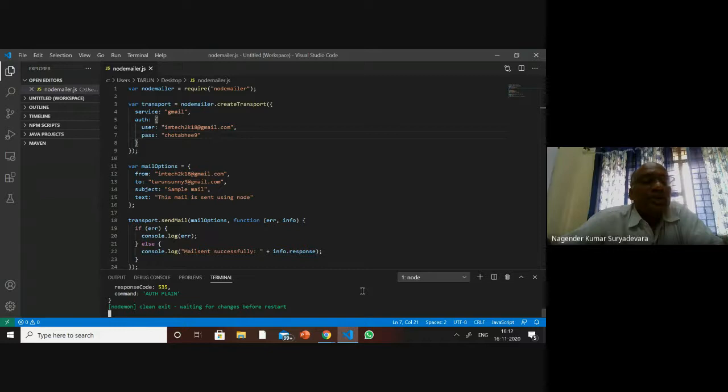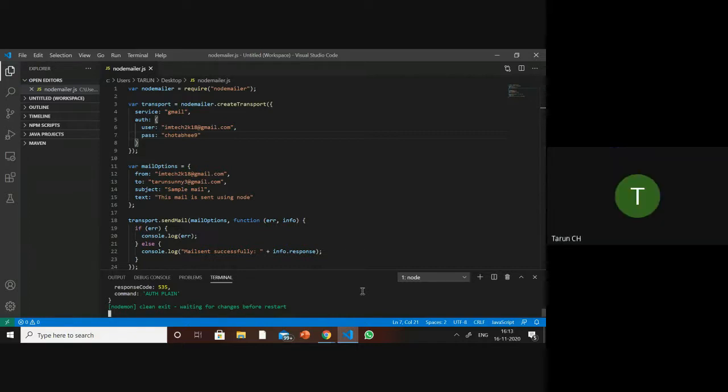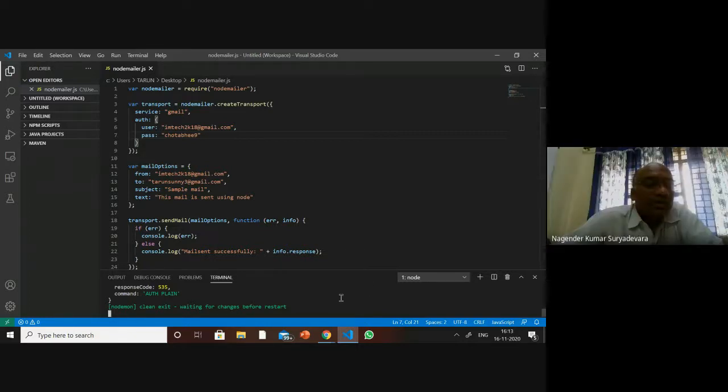But before using environment variables, you need to install the corresponding package, that is, the environment module. Have you installed that one?